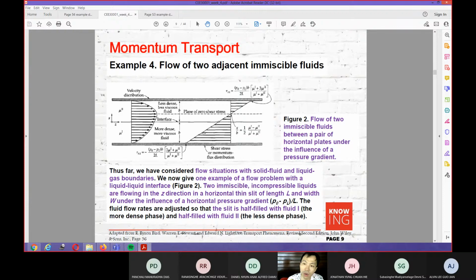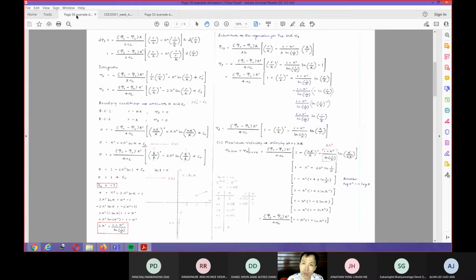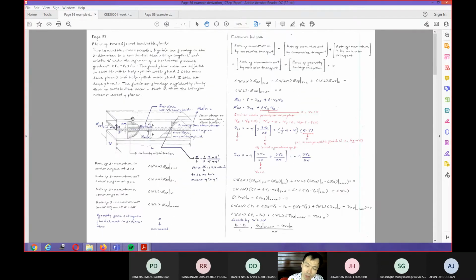So you imagine that you have this kind of situation, which is the problem situation. You have a pair of horizontal plates. Imagine that it has a shape like what I showed you here. I think that will be better. So this one is a plate, and you can visualize it better here. The direction is the z direction.